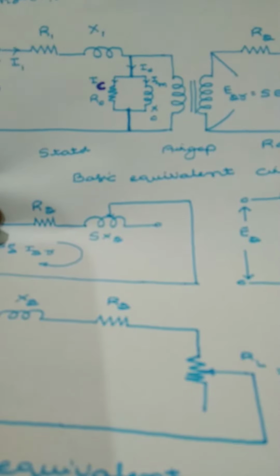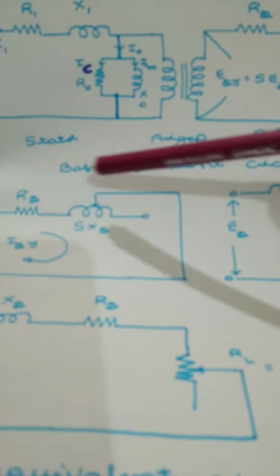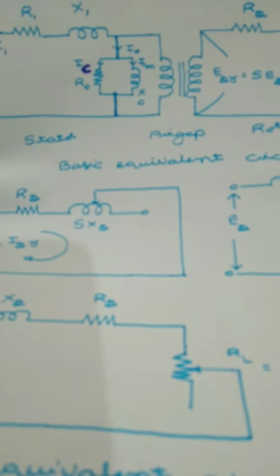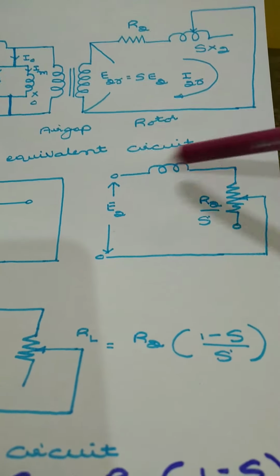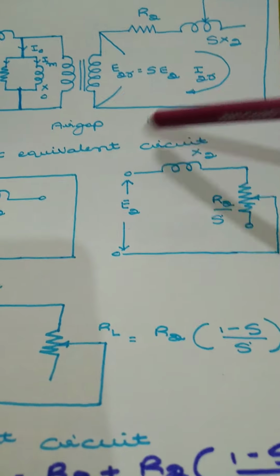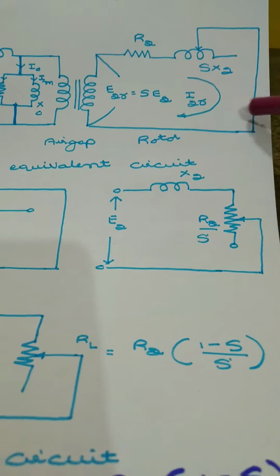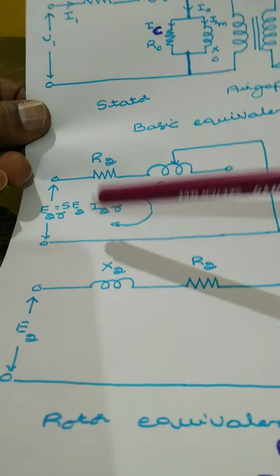Therefore, the induction motor equivalent circuit is nothing but similar to the equivalent circuit of a transformer. Transformers are already studied. Similar to that, we have an equivalent circuit for the induction motor. Only thing is, here instead of primary we have a stator, and instead of secondary we have a rotor side which is short circuited. Now I will consider only the portion of the rotor equivalent circuit.